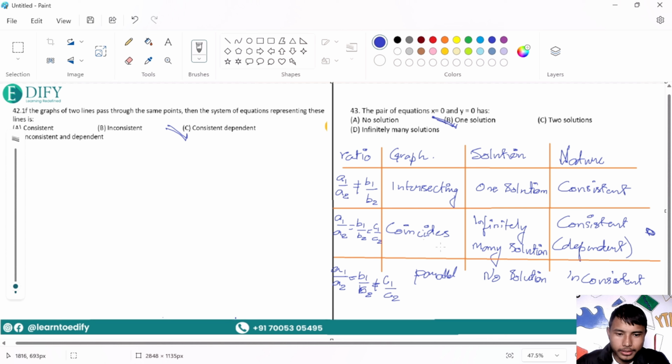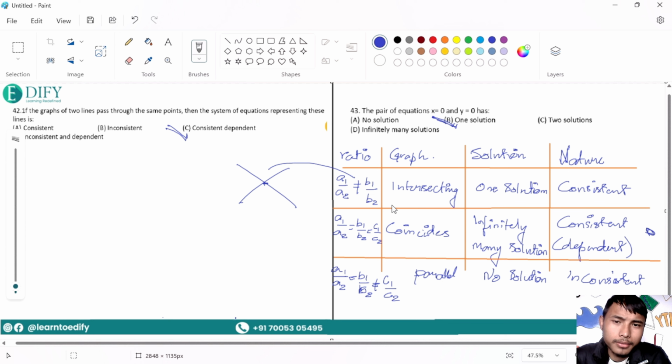For the table, you may have to draw it. I know it is challenging but you will manage. First ratio: a1 by a2 is not equal to b1 by b2. You can just imagine this as a cross, meeting at only one point. If there is one point, there is only one solution, and then if there is a solution,